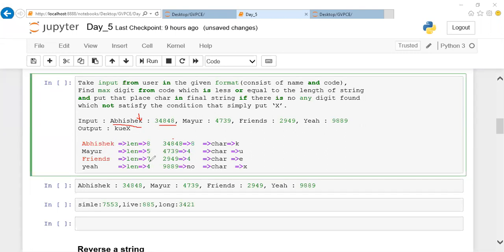In the same way, 7 is the length and I don't have 7. The nearest integer to 7 is 4, so take the 4th character and print it. And here the length is 4. I don't find 4, and I don't have a nearest integer value either. In those cases, print uppercase YES. Okay guys, give a try for this program.